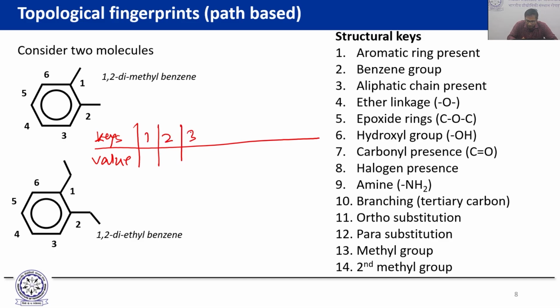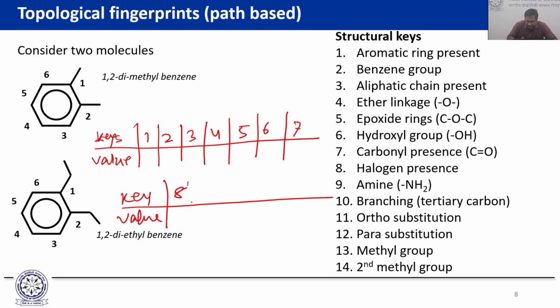So key 1, 2, 3, 4, 5, 6 and 7, and then let's continue over here. So I have got 8, 9, 10, 11, 12, 13 and 14. Now over here we see that aromatic rings are present, so I'm going to put one here. And for the second molecule also the aromatic ring is present, so I'm going to put another one. Then again, for this molecule, do I have a benzene group? Yes, I do have a benzene group. I have the benzene group here as well, so I'm going to put one over here and so on and